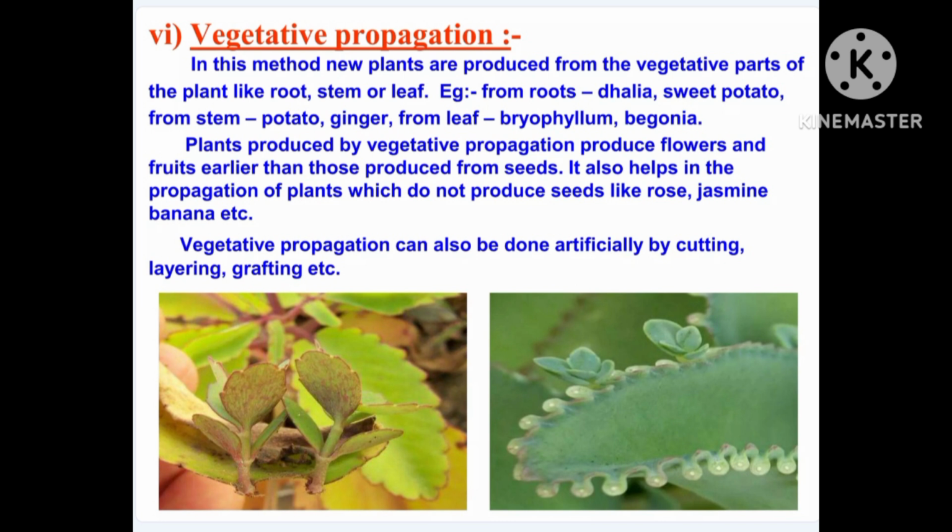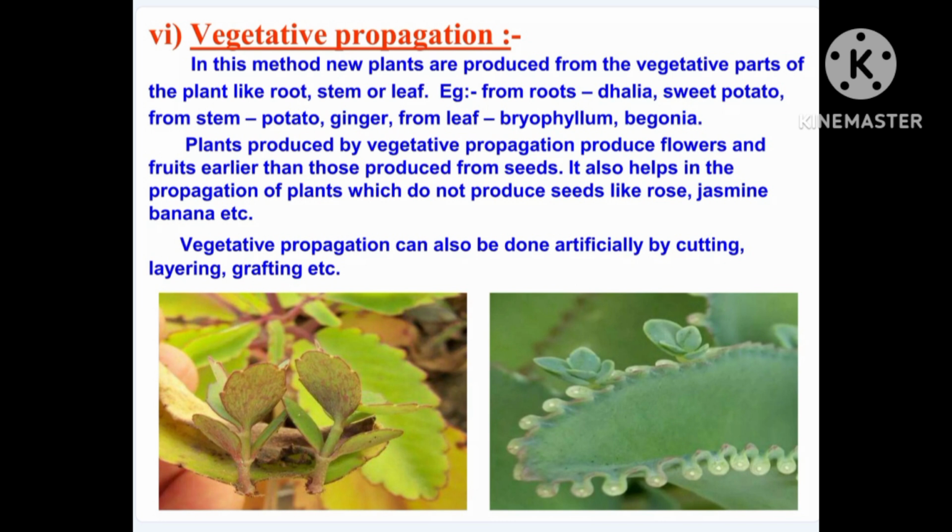Plants produced from vegetative propagation produce flowers and fruits earlier than those produced from seeds. The plants which we produce from seeds will take much more time for flowering and then for the fruits. By vegetative propagation, these plants will produce flowers and fruits earlier than those produced from the seeds. It also helps in the propagation of plants which do not produce seeds, like rose, jasmine and